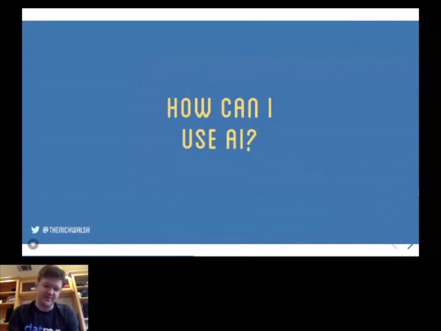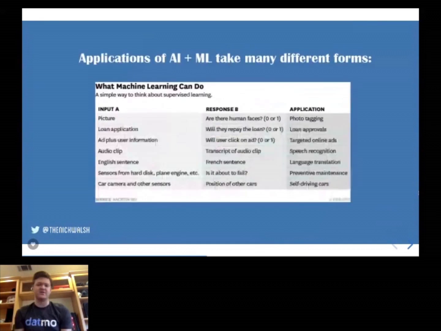So let's talk about that for a second. How can we use AI in our applications? There are a lot of different use cases and a lot of different forms. And I think this is where people also get a bit overwhelmed because they seem so very different, and the theory for optimizing each of these is extremely complex. But at the core level, if you break it down, these all follow some sort of continuous schema